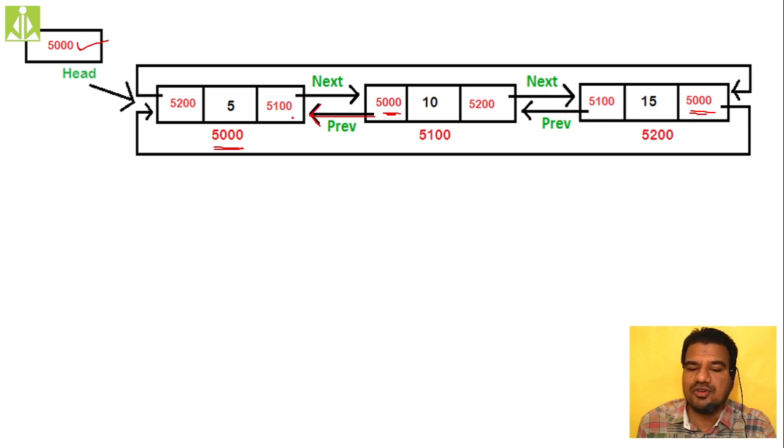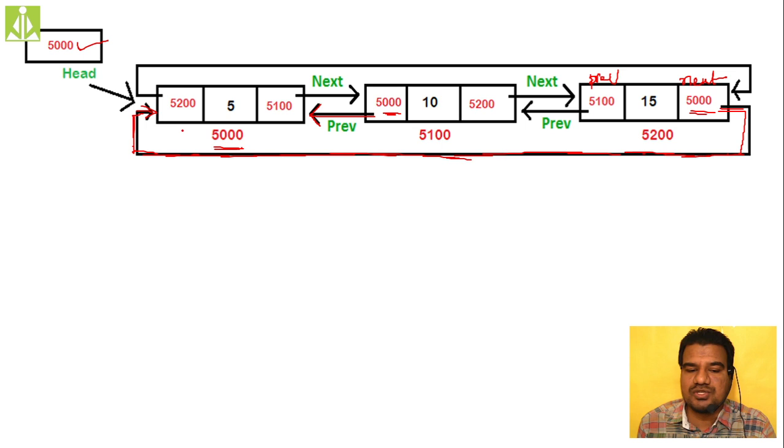Moreover, when you are storing the address of this head node inside the next pointer of the last node, this is the next pointer and this is the previous pointer, and when you do so, what will happen? A link will be established like this. This particular direction link, what we are showing over here, is going to point to the first node in your doubly linked list. So, this is the concept of circular doubly linked list.